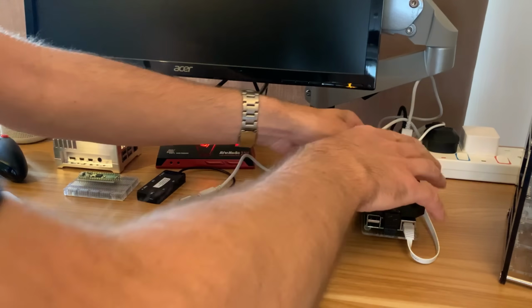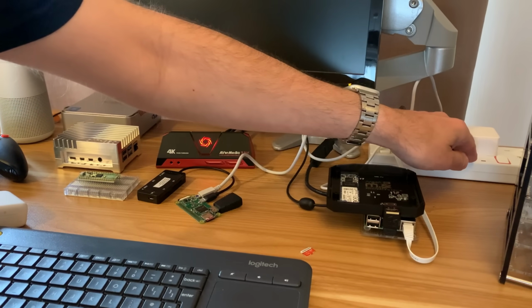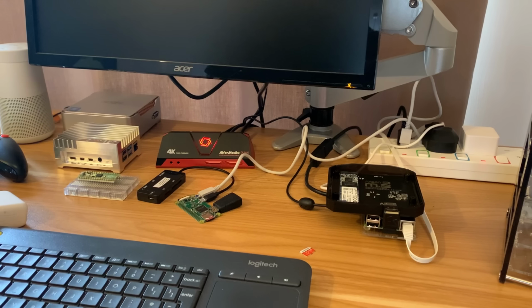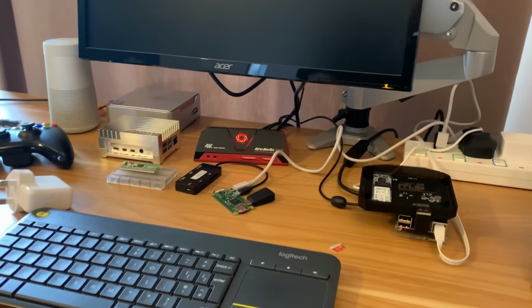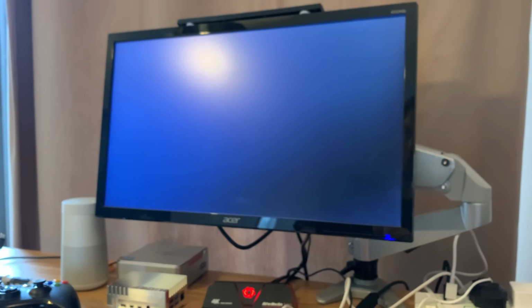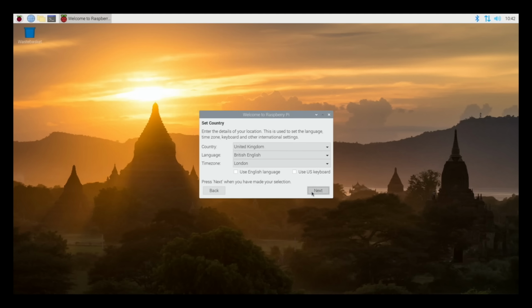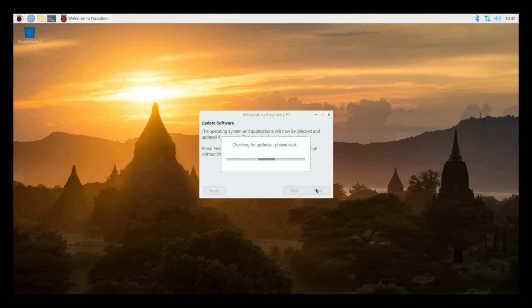Take out the micro SD card that it was running from, which is that one, and let's start it up with the M.2 drive. Okay, so that's booted up nice and fast, so I'll just skip through all the standard bits and I'll just set it up as normal. Black borders, and I'll skip that because I've got an Ethernet connection in. There you go, so that's downloading now, so I'll let it do all of that, restart it,